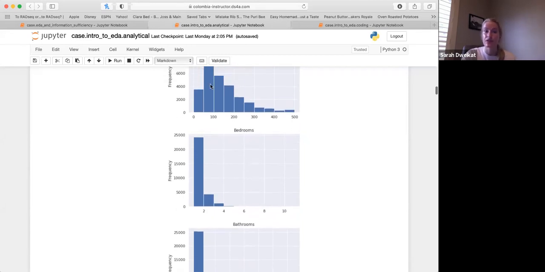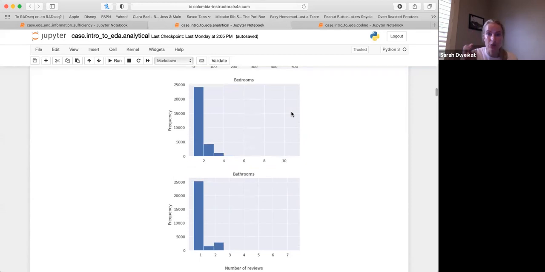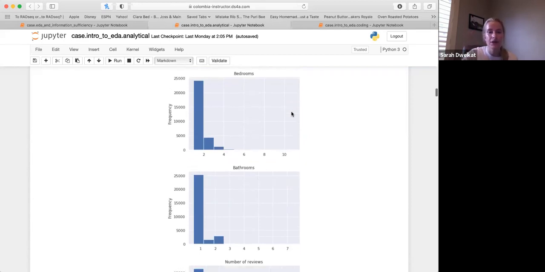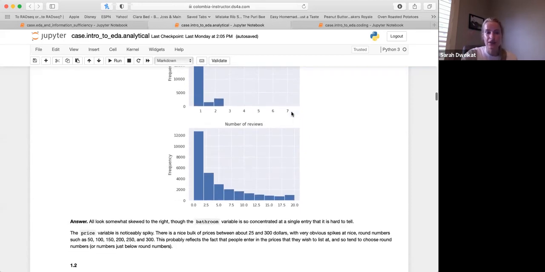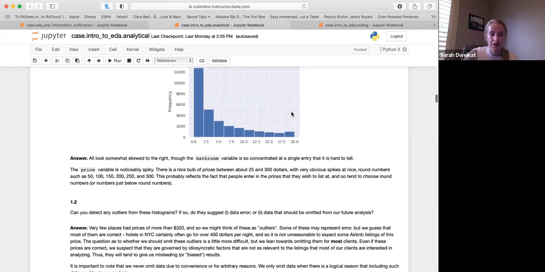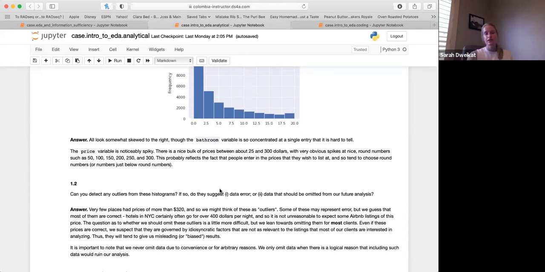It could be an outlier because the norm of your data is around this value. So seeing something at 500 or even higher, 600 or 700, might be kind of an outlier in terms of the data that you have, but doesn't necessarily mean it's wrong. And this is something that's important. Let's go down to 1.2. So the summary for the answer is, you might think of them as outliers, but I would not eliminate these from the data, and it doesn't necessarily suggest data error. So all of these look pretty legitimate in terms of reasonable numbers.